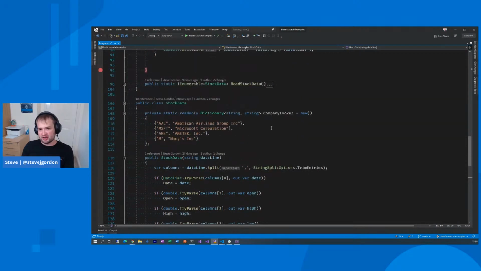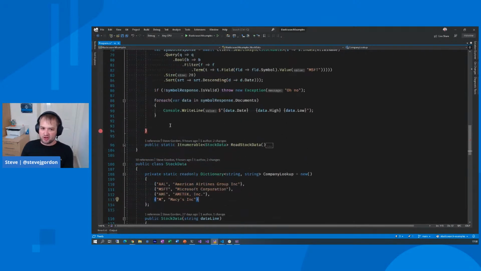So what I provided is a very simple lookup for the first four I could be bothered to do, with the stock symbol to the company name. So when this data was ingested and indexed into the index, some of our data does have the name properly set, only for these few companies. But it's enough for us to kind of play around with. So in this case, we'll do